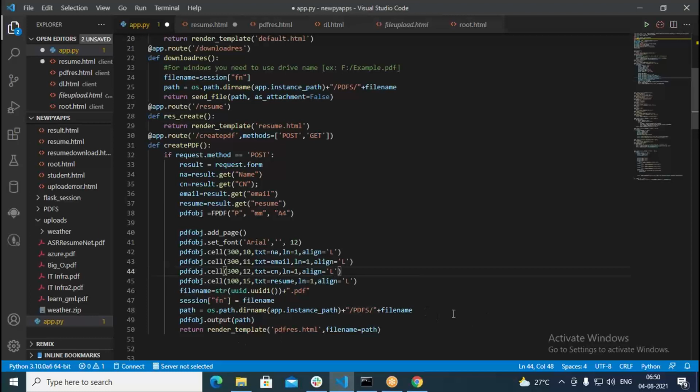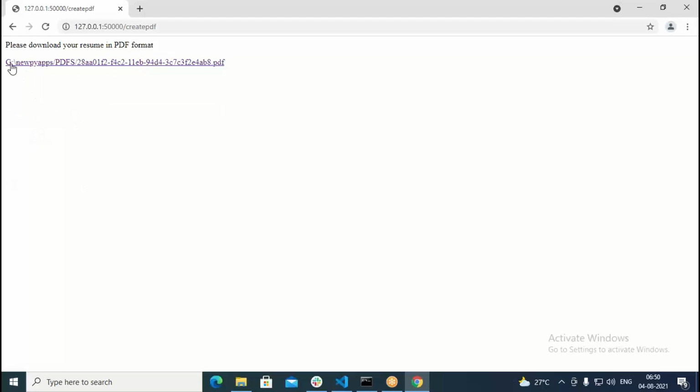Okay. So we are going to get the entire path. With that path, we are going to save. But whenever we show it on the screen, it should not show. If you look at the screen, suppose I go with create resume. What is happening? I'm getting the total path. I should not get G and all these things. Only the file name should appear there.